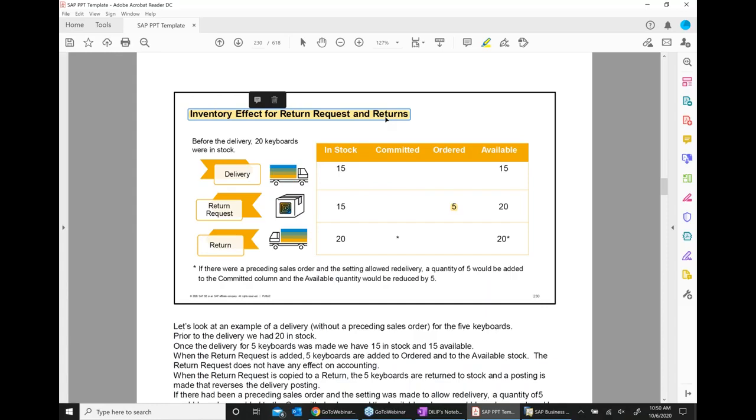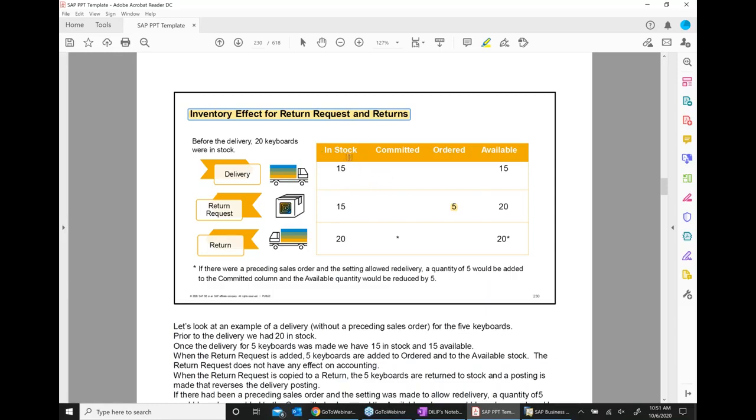We did that exercise back and forth. What is the effect of the return?